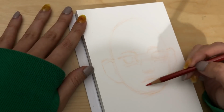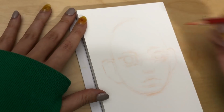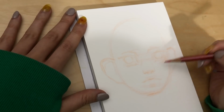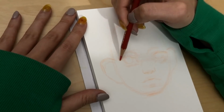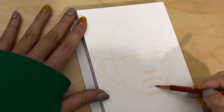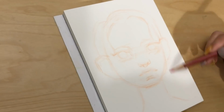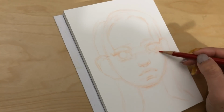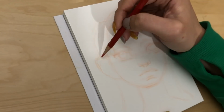And for some reason, I've been in a mood to draw and paint these very moody faces with quite exaggerated features. I've been in a very experimental mood in general lately, and my theory as to why that may be is because with the current situation going on right now, it kind of feels like everything's come to a standstill. It kind of feels like time has stopped in a way,